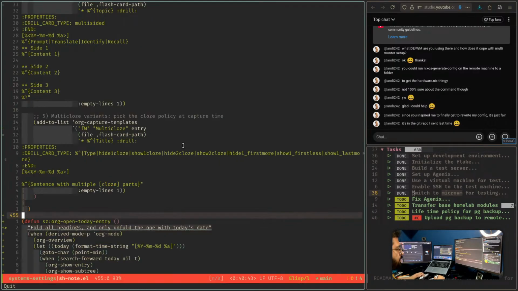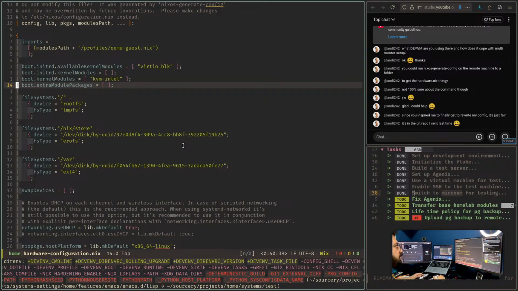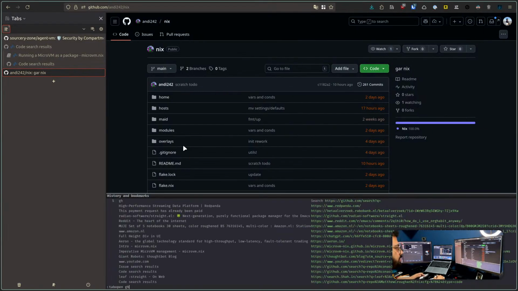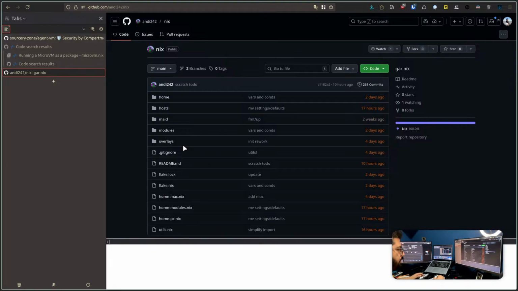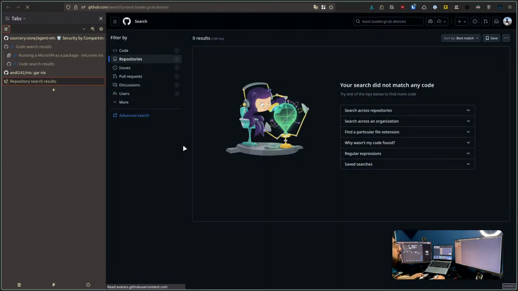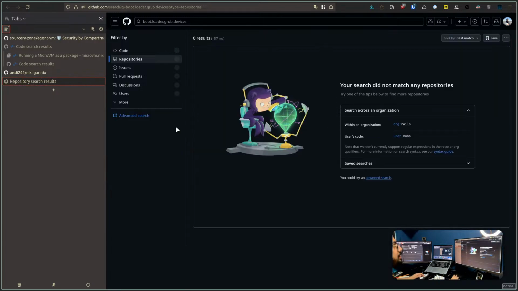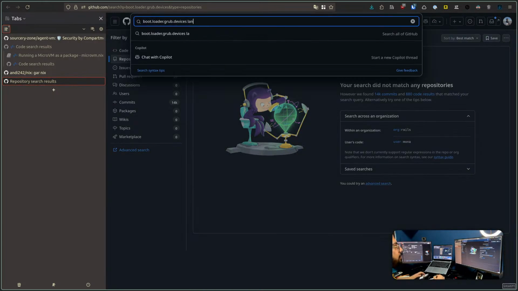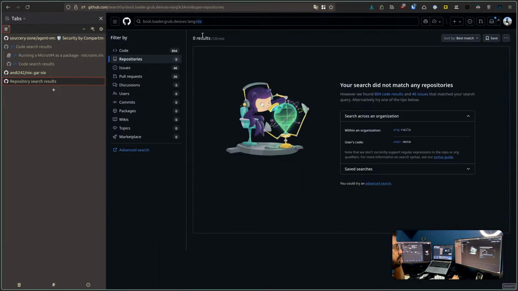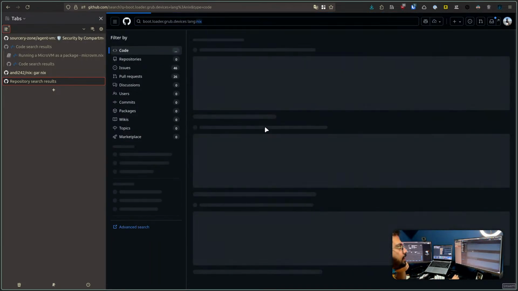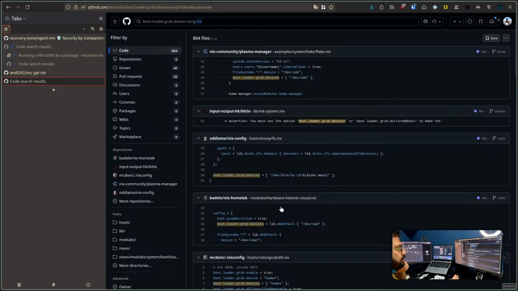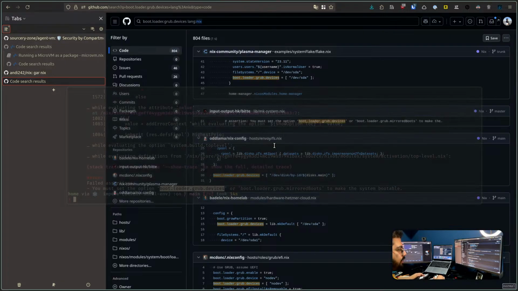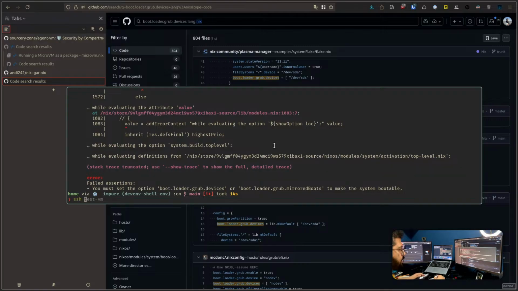So grub devices. I'm not using grub on this machine, but let's check out GitHub for this. If anybody is using it, actually I want to do this. Yeah, that's better. So people are setting it to, and for me, SSH test VM